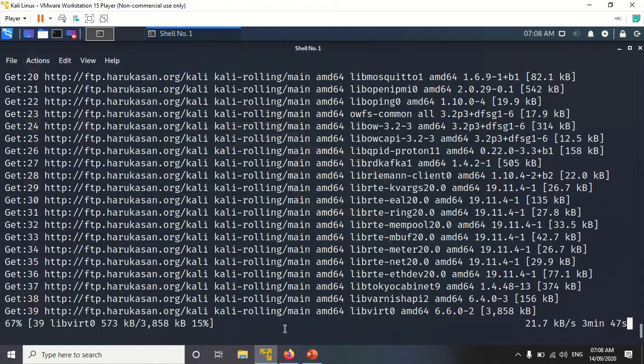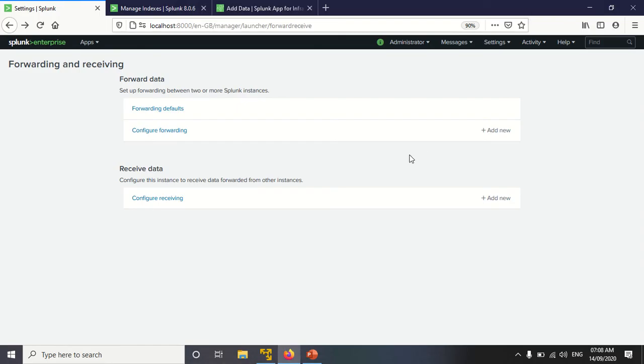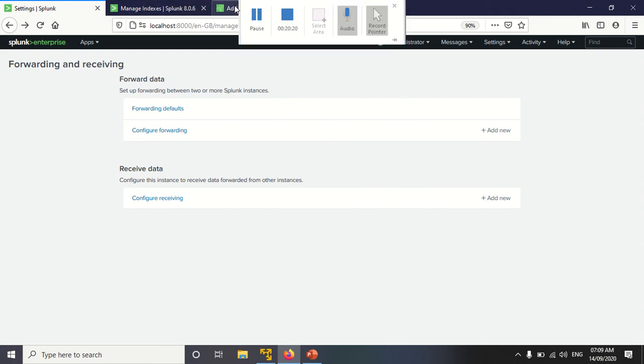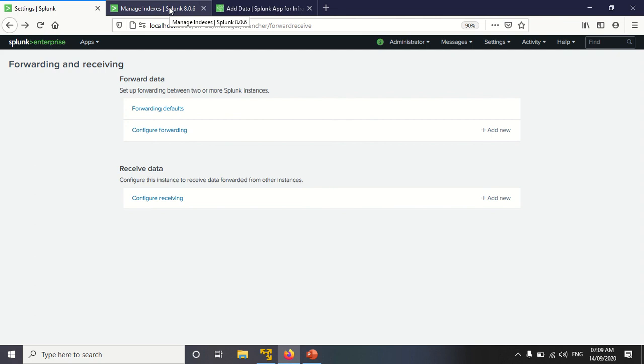After that, we will see whether it is completed or not. No, it requires 3 minutes more. After that, you need to go to the Splunk App for Infrastructure and insert the values of the HTTP Event Collector token, the HTTP Event Collector port number, and the receiving data port number.